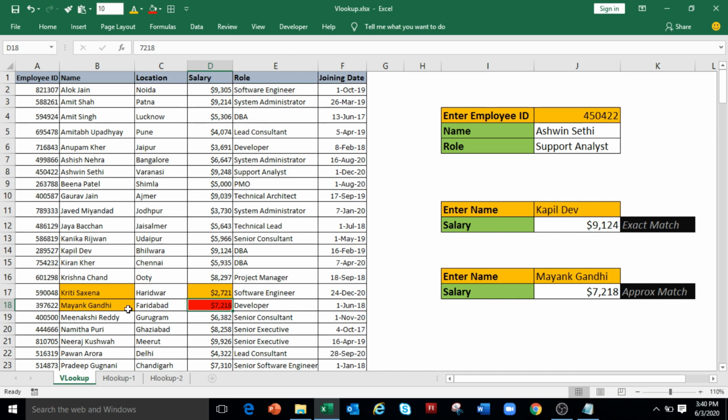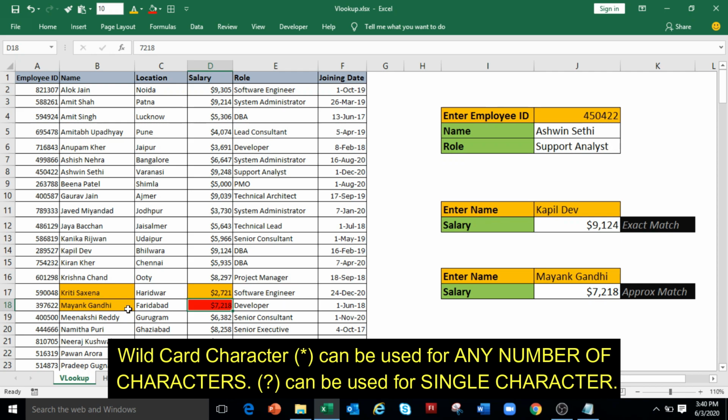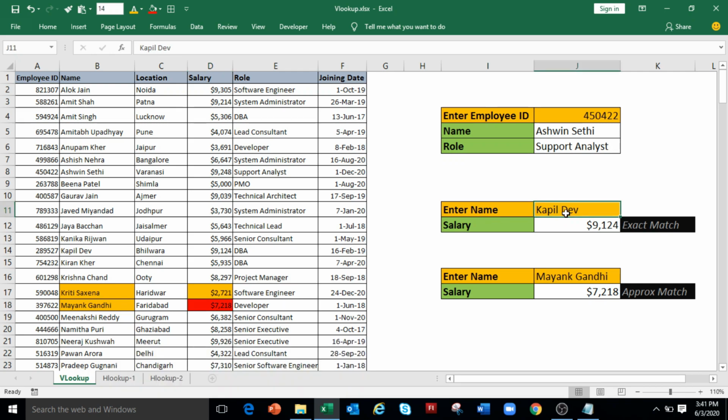We can use wildcard characters also for lookup values in the VLOOKUP function. In our example, in cell J11, if I enter Kapil and then an asterisk sign, which is used as a wildcard character, J12 will show the same value.